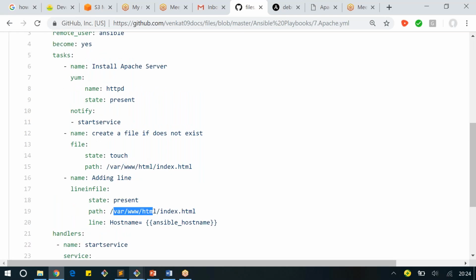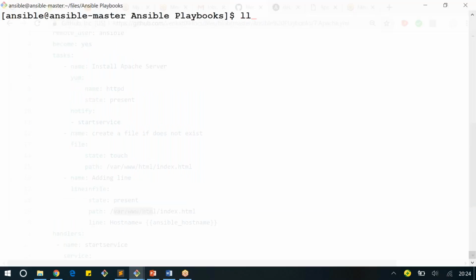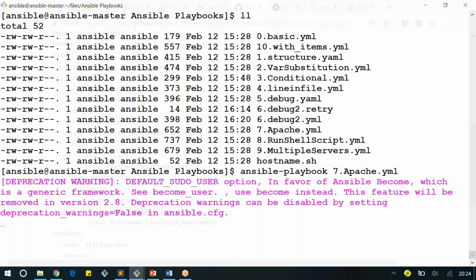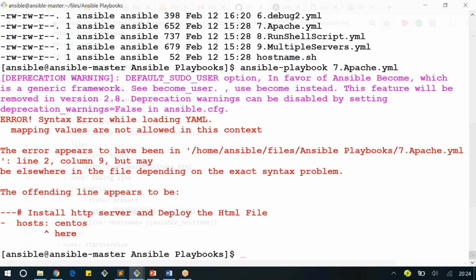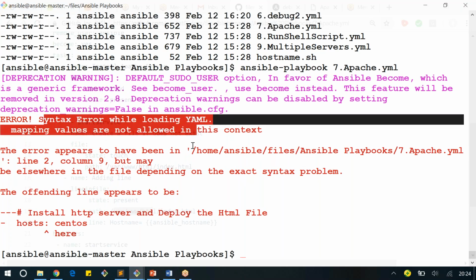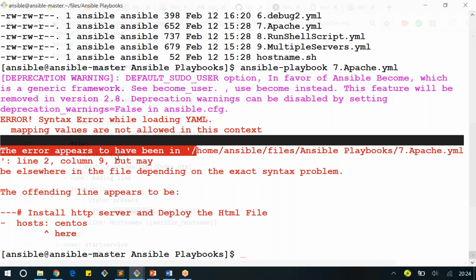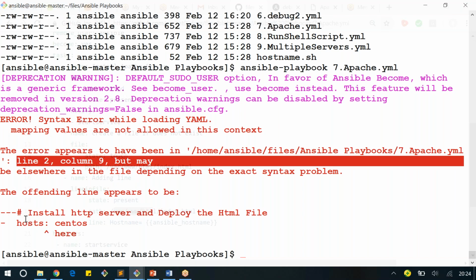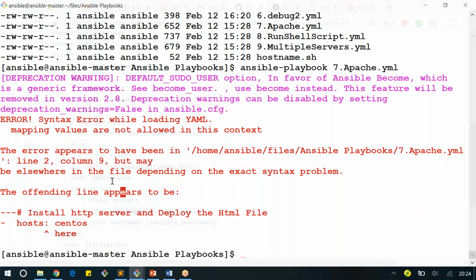So let me run it and we'll see the output of this playbook. Yeah, there are some syntax errors in this file. The error says: syntax error while loading YAML file, mapping values are not allowed in this context. What it is saying is, if you observe in this Apache YAML file, line 2, column 9 has a syntax error. So if you open this,